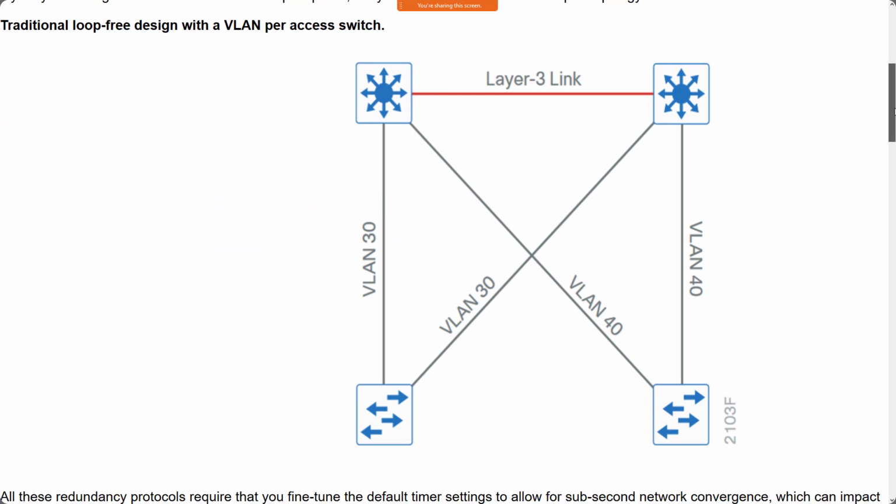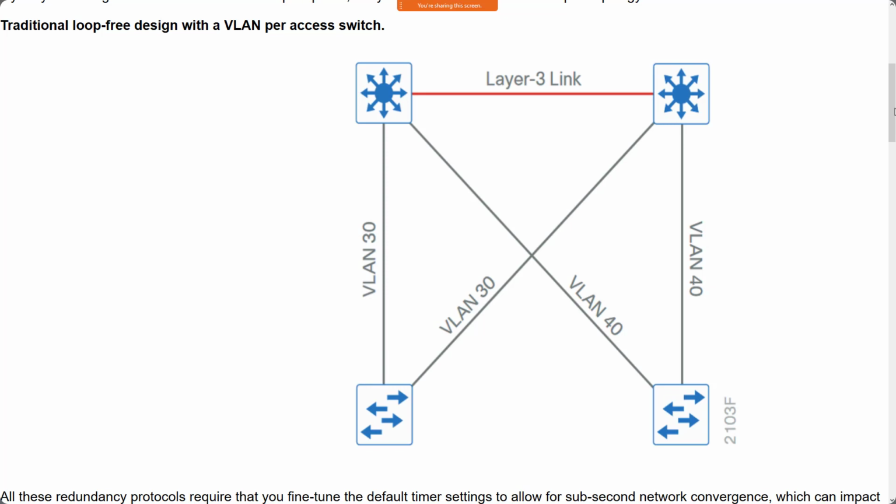They're saying, okay, we've designed out this layer 2 loop in our design, but now we have two distribution layer switches that can act as default gateways for that particular VLAN. So the switch on the left could act as the default gateway for VLAN 30. The switch on the right could act as the default gateway for VLAN 40. And if the switch on the right fails, we'd want the switch on the left to be able to take over that routing role. All right. And that's when we get into our first hop redundancy protocol design, where we might be implementing